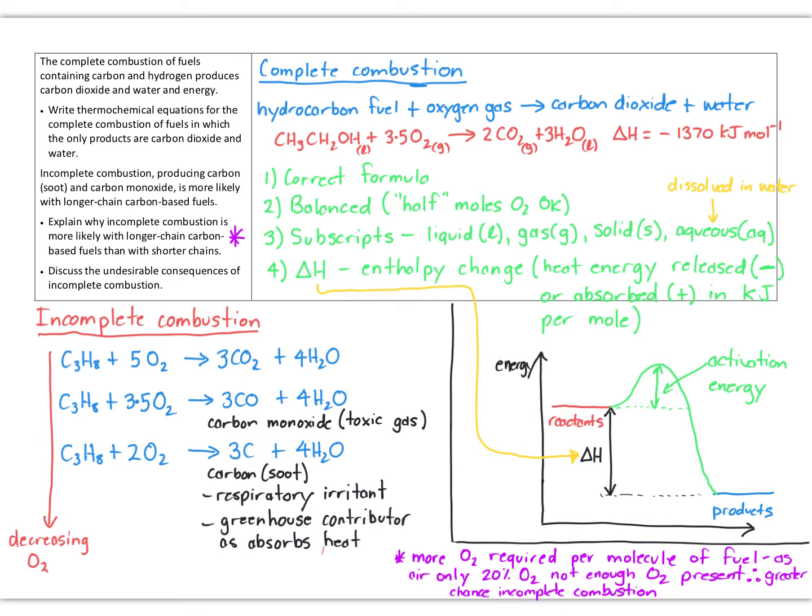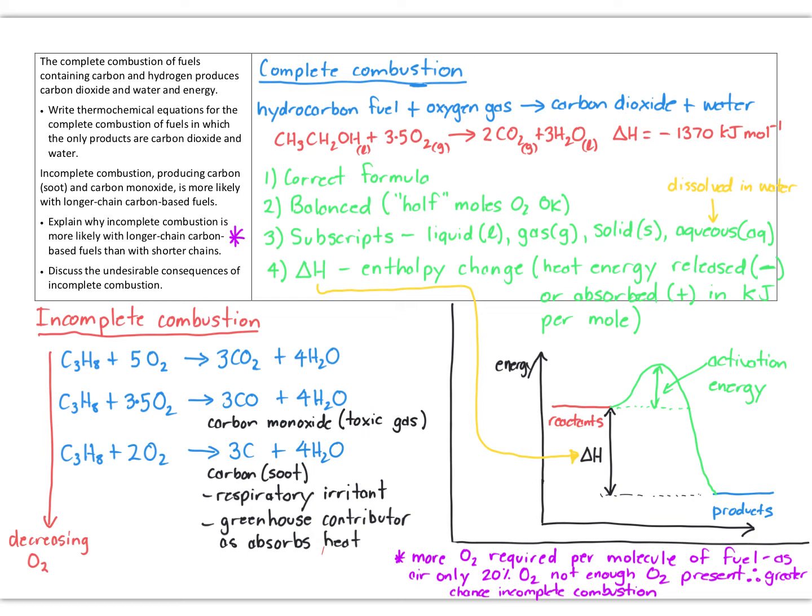If you look at those reactions, you can see here, if we do propane going to carbon dioxide and water, complete combustion, we balance that out, we need 5 oxygen. If we do propane going to carbon monoxide and water, we see we need 3.5 moles of oxygen. Here, if we have 1 mole of propane forming soot, we only need 2 moles of oxygen. So as the amount of oxygen available decreases, we get more and more incomplete combustion, and we get potentially these